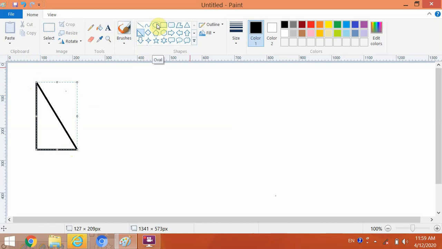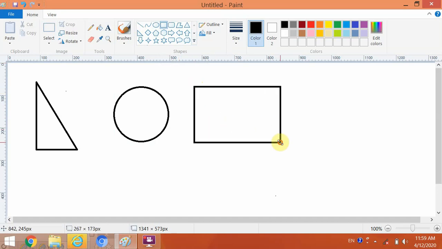Next is an oval or circle, a rectangle, rounded rectangle, triangle.